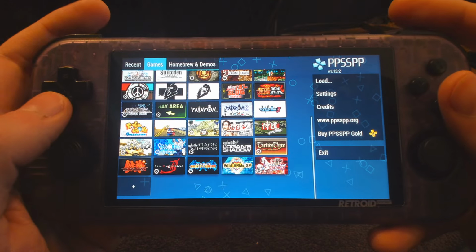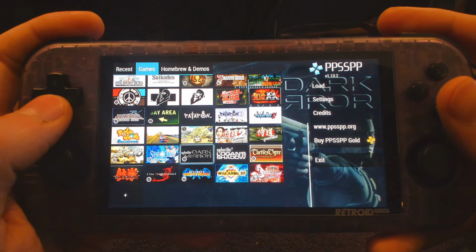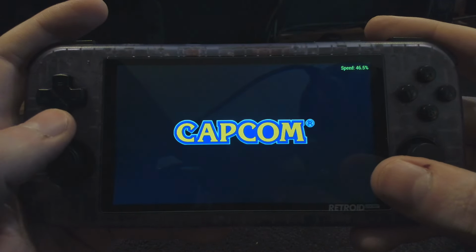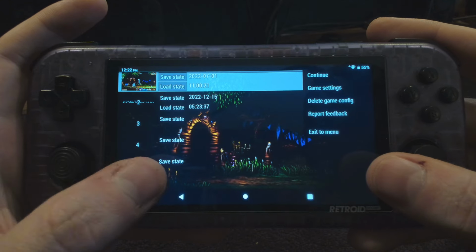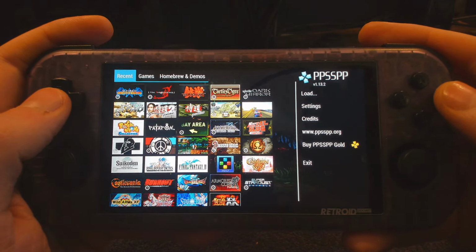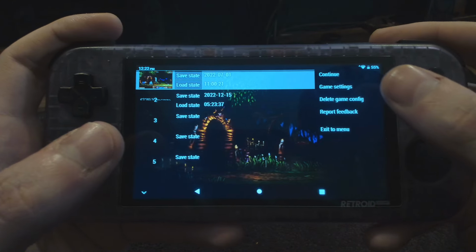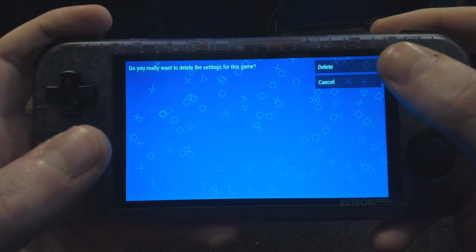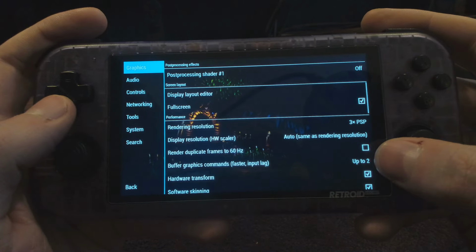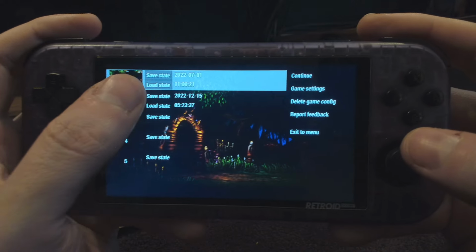Oh, I don't know. I always love showing Ultimate Ghouls and Goblins. Actually, let me see if there was a cog and see if I changed any settings. I changed something. No. Was it the 60 hertz thing? Yeah, I turned the 60 hertz off. So